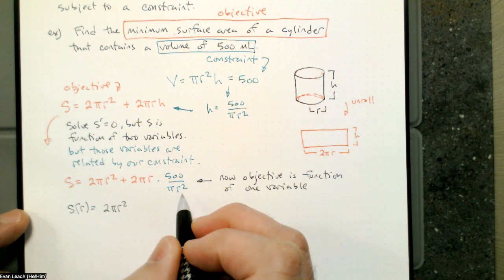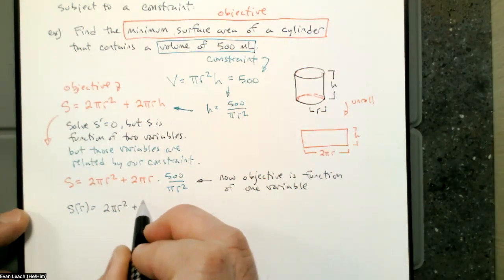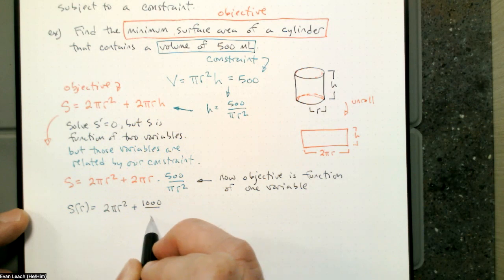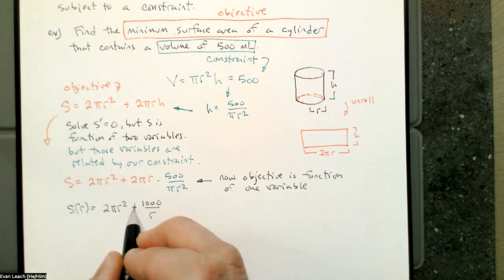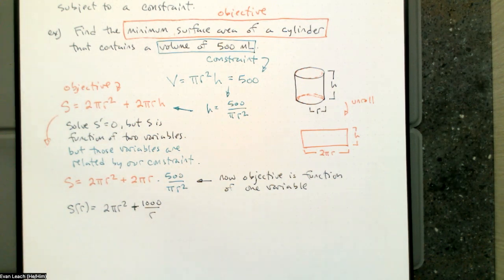So our pi's will cancel, we'll have what, 1,000 over r. Questions? At this point, it might look like we've lost some information about